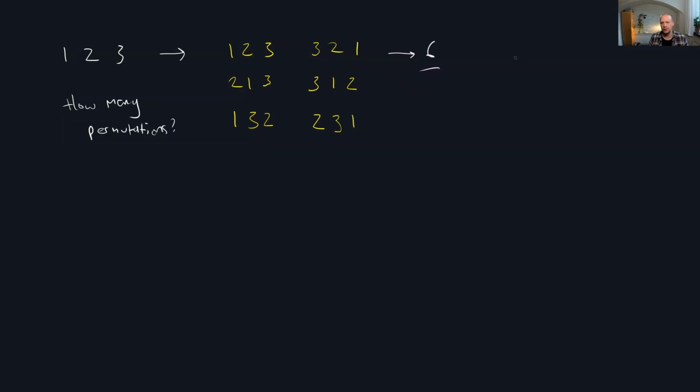We can also express this as a formula. If we want the number of permutations based upon how many elements we're actually selecting from that array, we can write that as the factorial of n over the factorial of n minus the number of elements we're selecting. In this case, it's quite straightforward because we have 3 elements and we want to include all